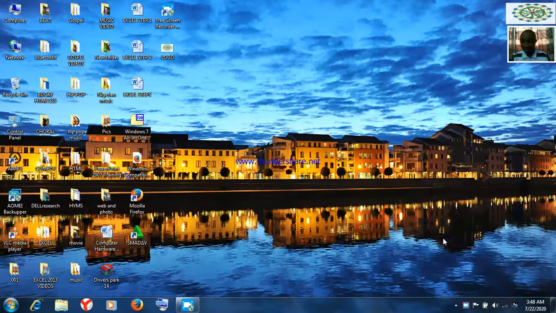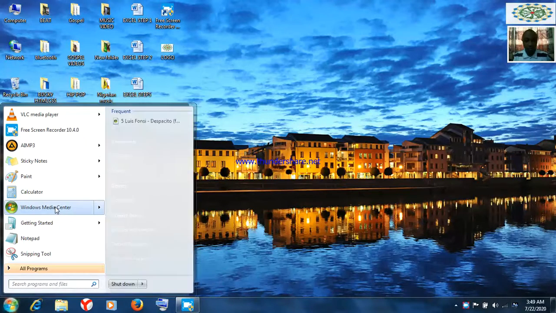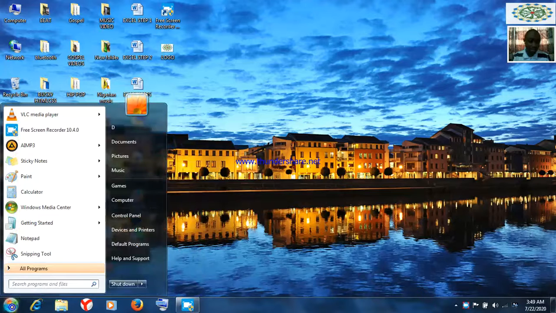So today the first thing I'm going to show you is the first way, right? The first way is you take the mouse and go to the start menu. You click on start, then this menu will pop up for you. When this menu pops up, you go to this location where we have the control panel.